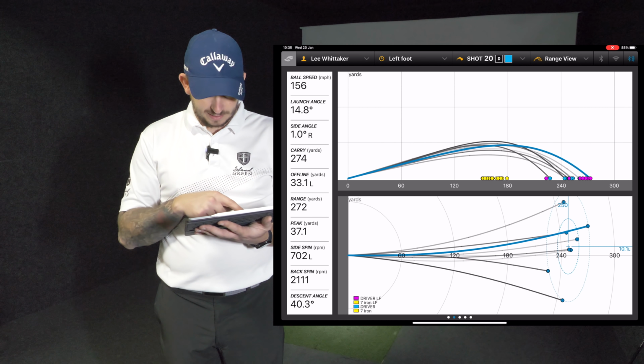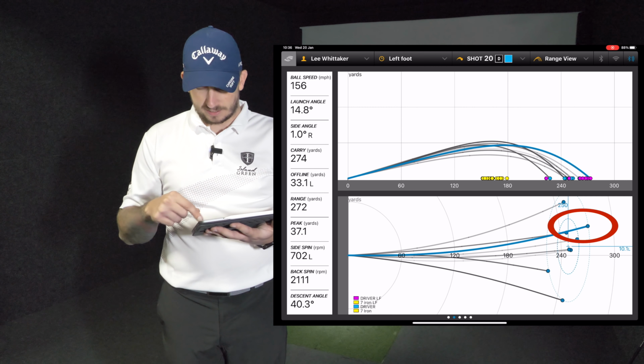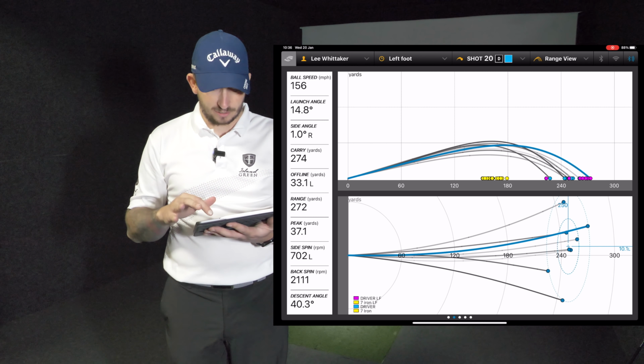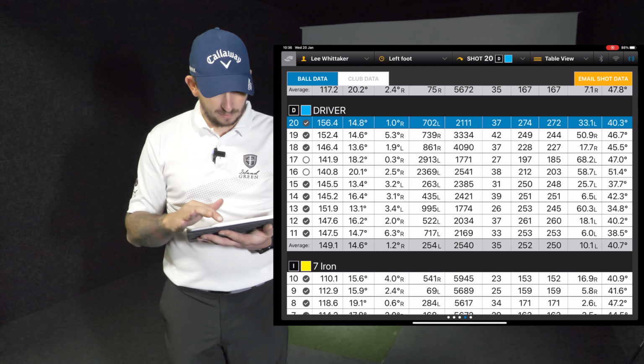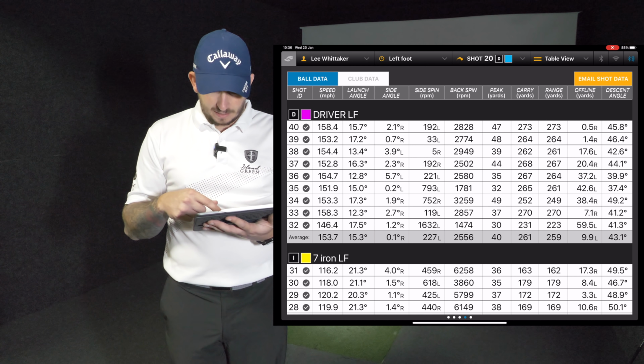And then that one is obviously the longest one, and you can see there, this blue line, that it just sort of drew round. If I aim that more out to the right, that's a great shot. So it works. But if we now look at the left foot one, I'm going to take the bottom one out